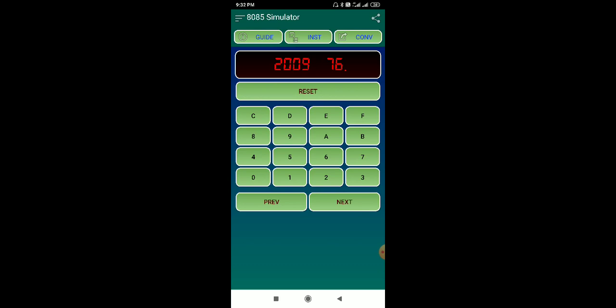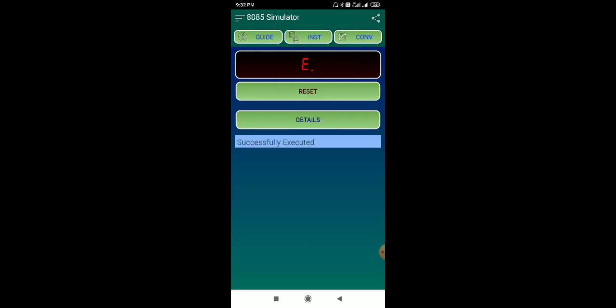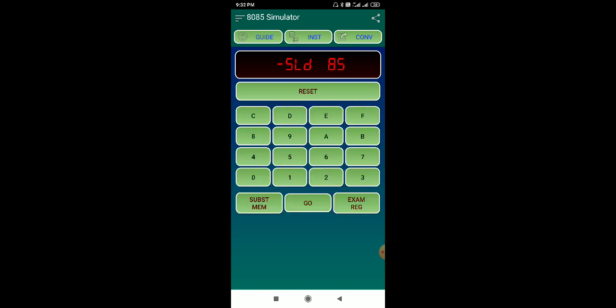Then after reset, then go, then starting address 2000, execute. Here if it shows E, then your program is executed. Then after reset, you have to check your result, in memory 2030: 48, 42, and the result is 8A.